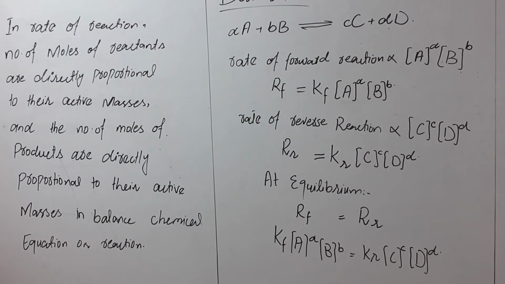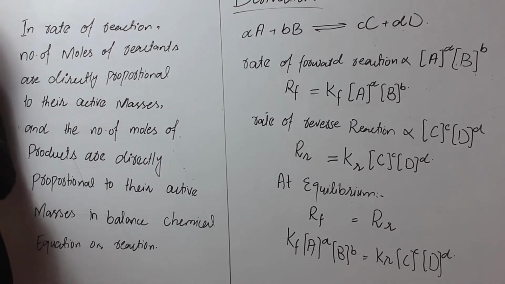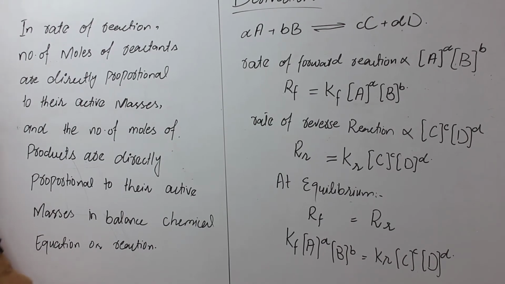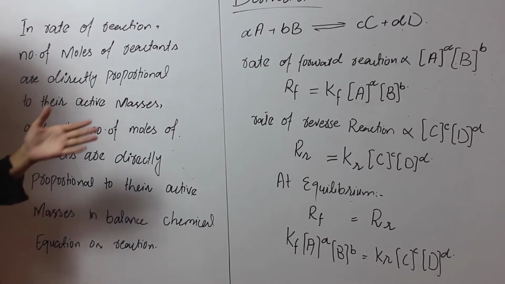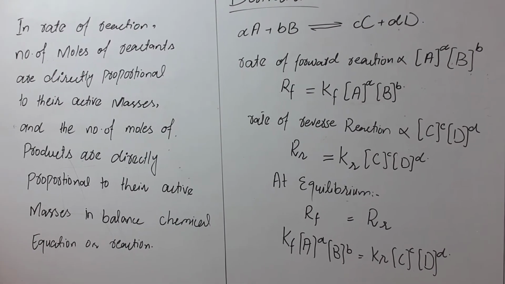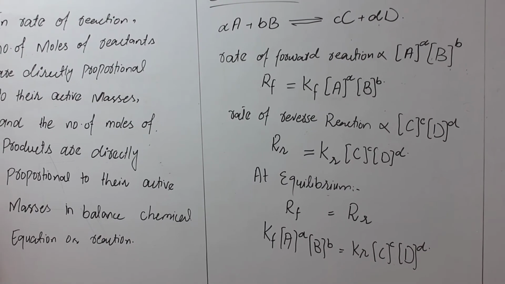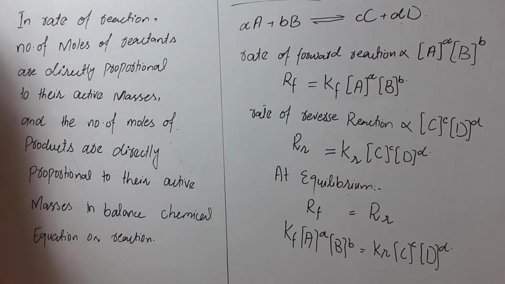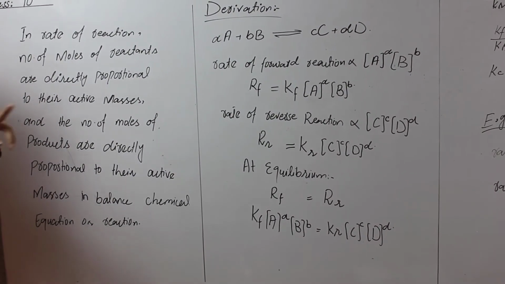In case of the law of mass action, we cannot discuss the balanced chemical equation and the number of moles, but in case of the equilibrium constant we discuss two new things: one is the number of moles and the second is the balanced equation. Means the equilibrium constant or the general expression of the law of mass action applies only to equations which are in balanced condition, and the second thing is that they apply only to reversible reactions, not irreversible reactions. They apply only to those types of reactions which occur in both directions.